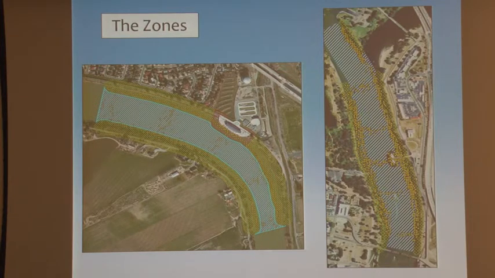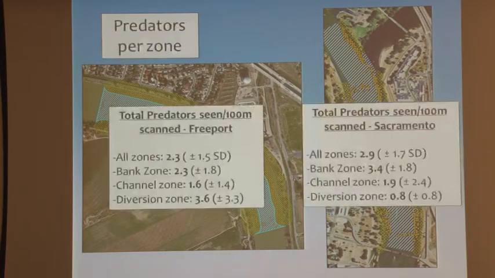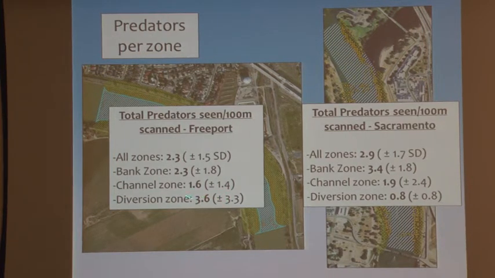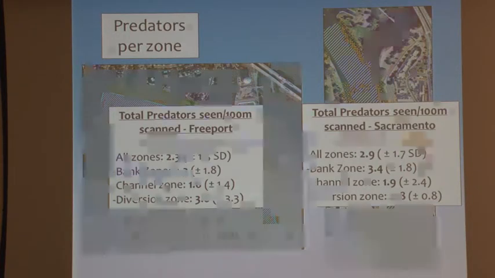And Cyril divided this up for his analysis into zones of the near bank and the middle of the channel zone to look at some aggregations overall. And we see some moderate predator densities. Generally, the banks have higher than in the middle of the channel. And for the case of Freeport, there do appear to be somewhat higher densities of predators near this structure, whereas in the Sacramento River, they don't really hang out around that structure as much. And that's the one that's out on this sort of artificial island. Similar levels of predator densities at both sites.